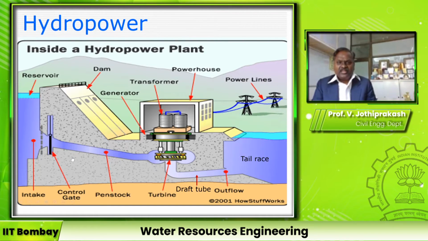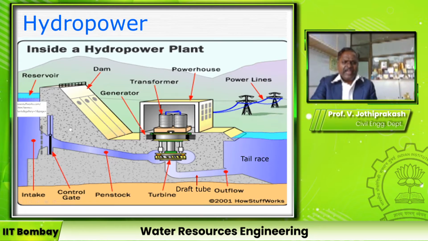On the other hand, there are certain dams where the power producing water will never come back to the river, or it is not used for irrigation purposes. There the objectives are conflicting objectives. It means the water cannot be used for dual purpose at the same dam. Then what are all the components of a hydroelectric power plant?